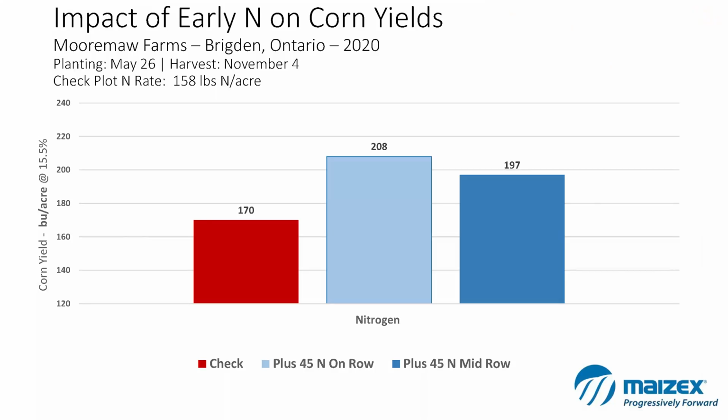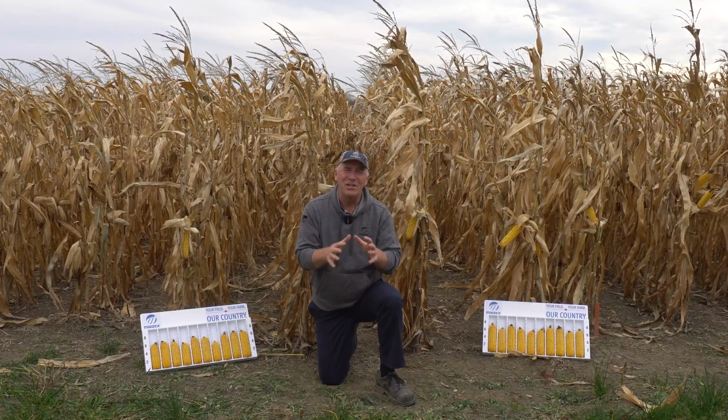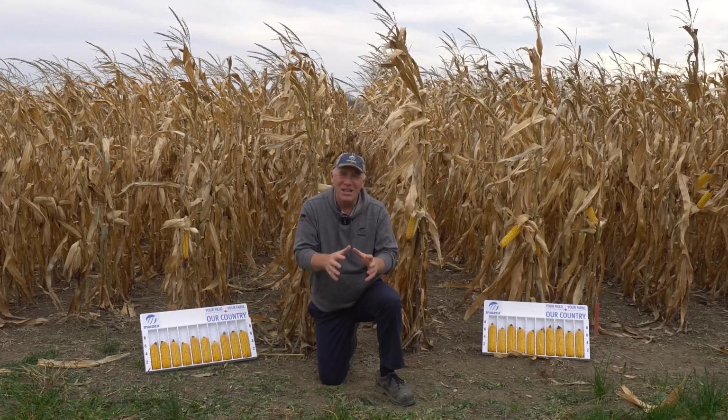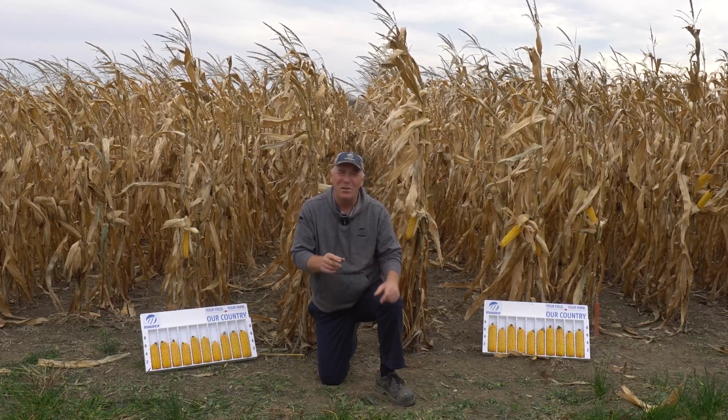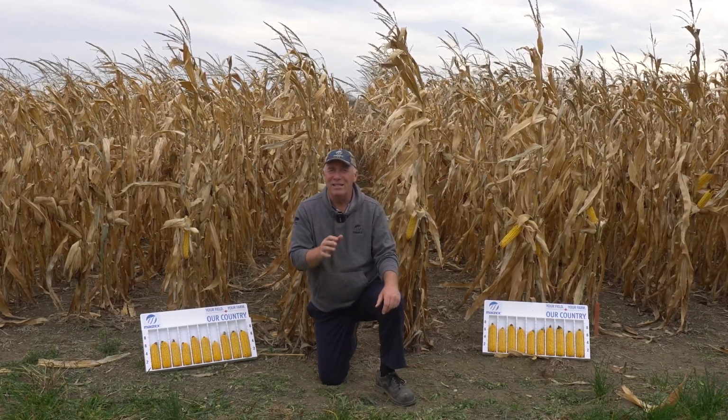So you can see in the slide the yield advantages that we achieved this year by getting some extra N into the row. So as we move forward towards 2021 planting, I think it's a reasonable thing to ask yourself, are you in a situation where you are getting enough nitrogen into your row zone? Sort of supercharging the nitrate concentration in that row zone to make sure that plant uniformity and early growth is